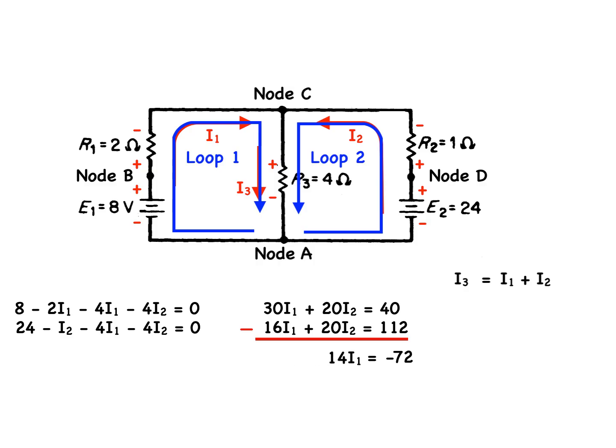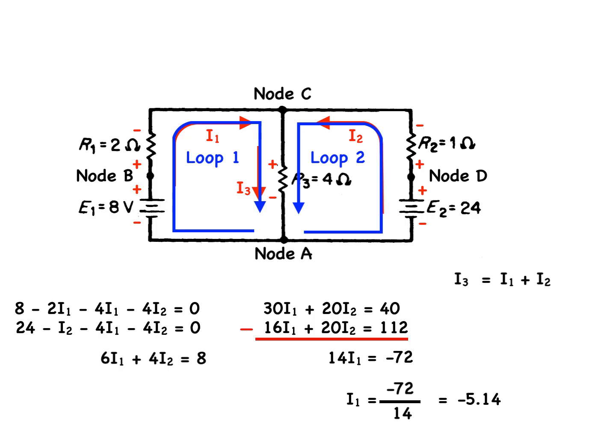This results in the solution for the variable I1 being minus 5.124. Now, in order to find a solution for I2, we will bring back one of our previous equations, which is 6I1 plus 4I2 equals 8,